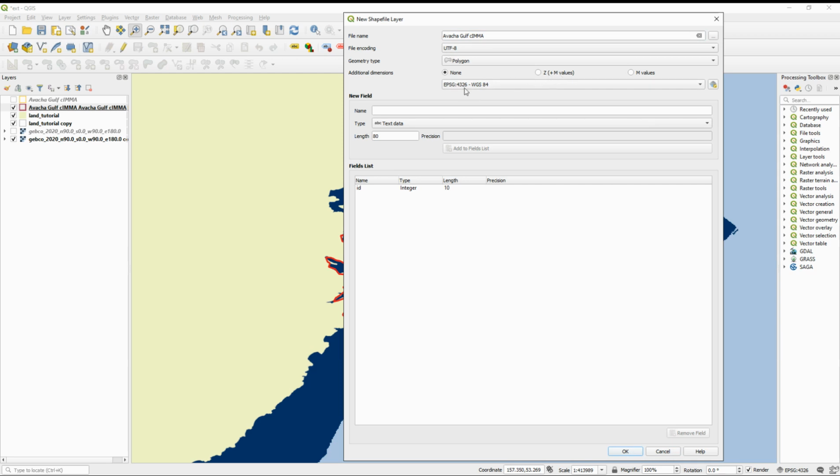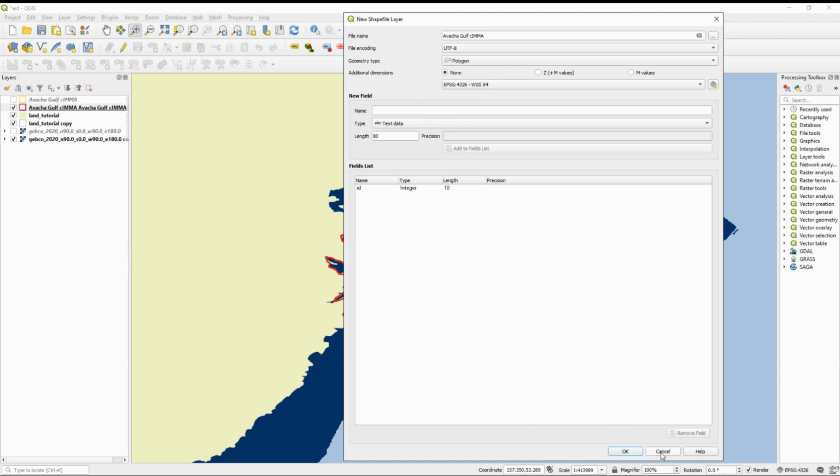This is actually not going to have any depth dimensions to it, and I always recommend using WGS 84 as your projection. This is the standard basic projection which most layers will automatically be created in. This is because it will upload into many different types of GIS software and will usually overlay over different types of projections that may be used for different regional mapping systems. So in this case, for what we're doing for this example, we don't need to add any fields. We're not adding any other information into here. So then all we need to do is press OK.